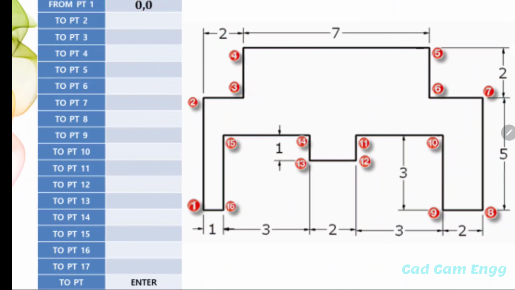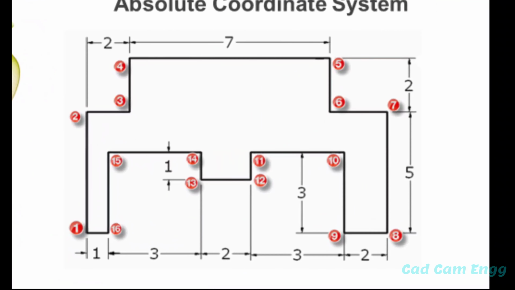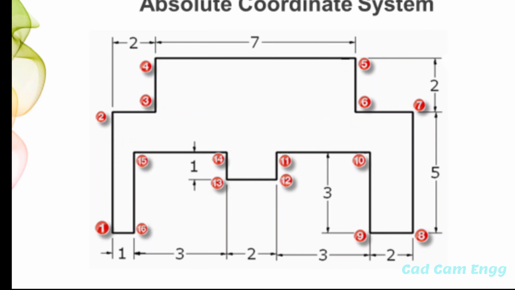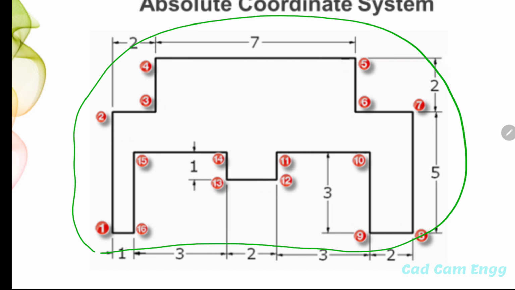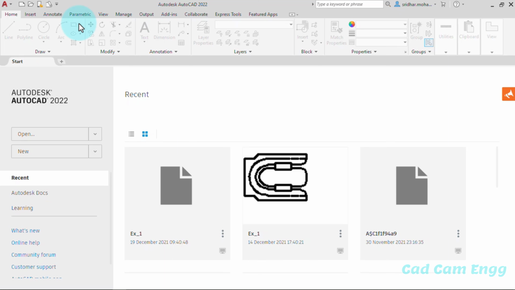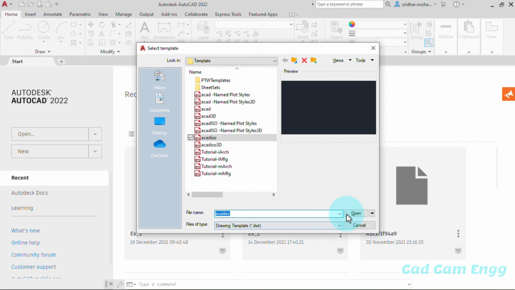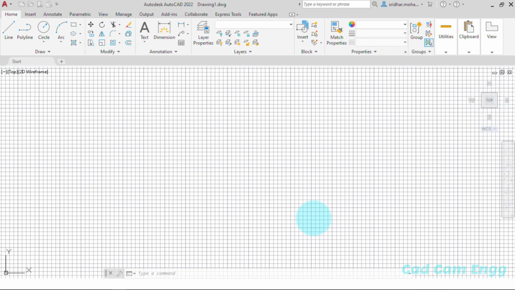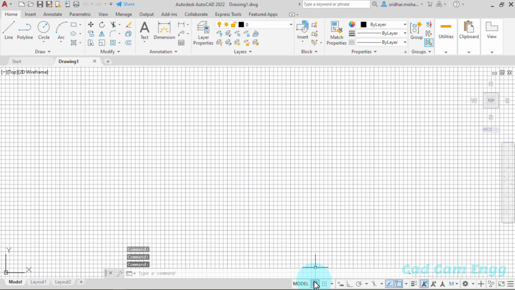So next we move to AutoCAD software. There I go directly and enter the values, and finally we see how this drawing is created. Okay, let's open the AutoCAD software. I open the AutoCAD software. Just now I click New and open the new page, and you know very well, we want to give the 3 important commands.